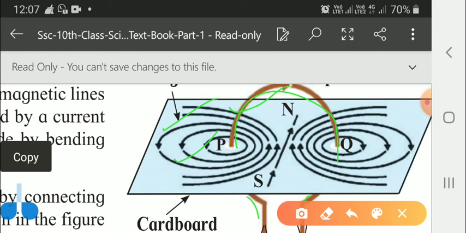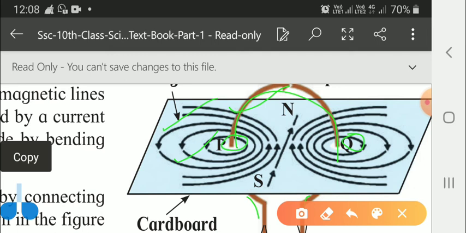In the same way, each point will produce a magnetic field at the center of the loop. So you can see here, at the center of the loop they are producing the field. Now by making use of the right hand thumb rule, we have to check that every point on the loop contributes magnetic lines of force at the center of the loop, and these lines of force at the center of the loop are in the same direction. So the direction of these magnetic lines will be the same, children.